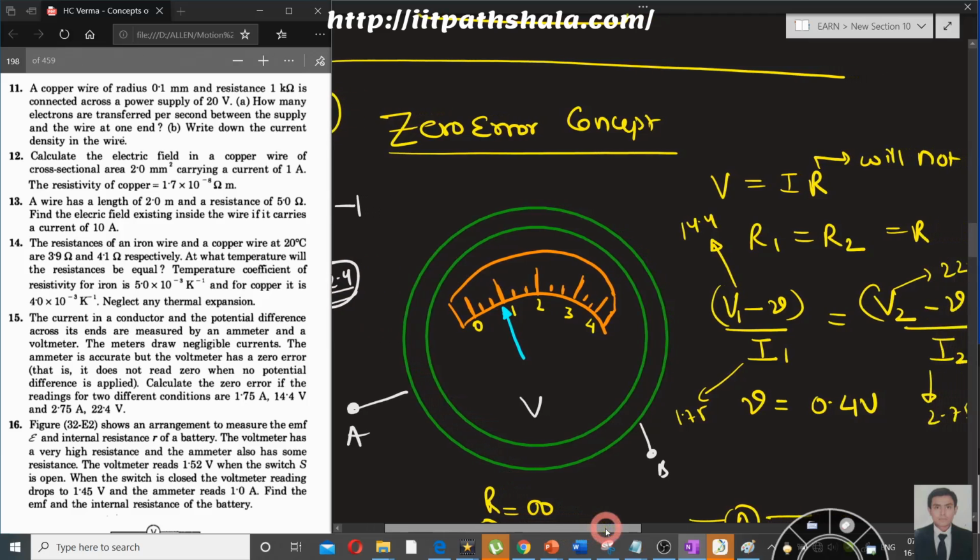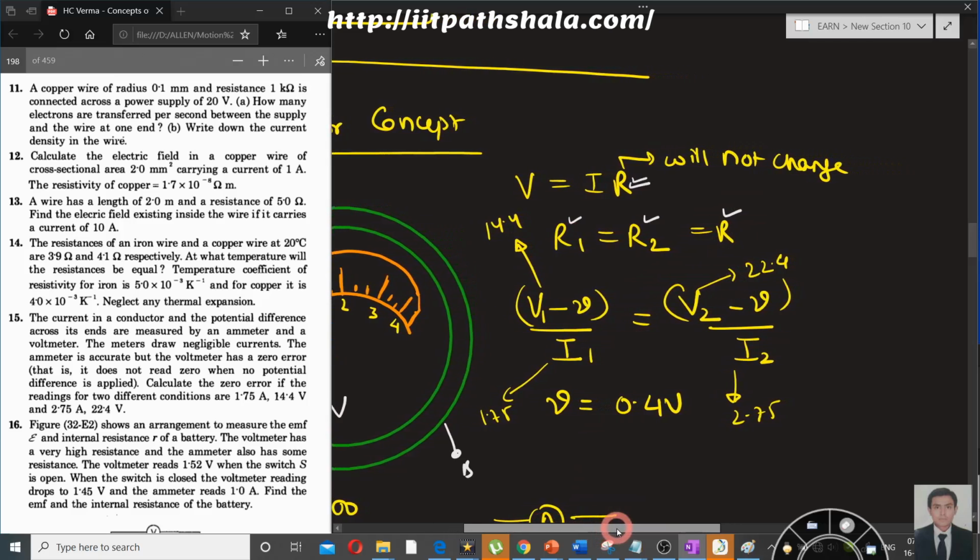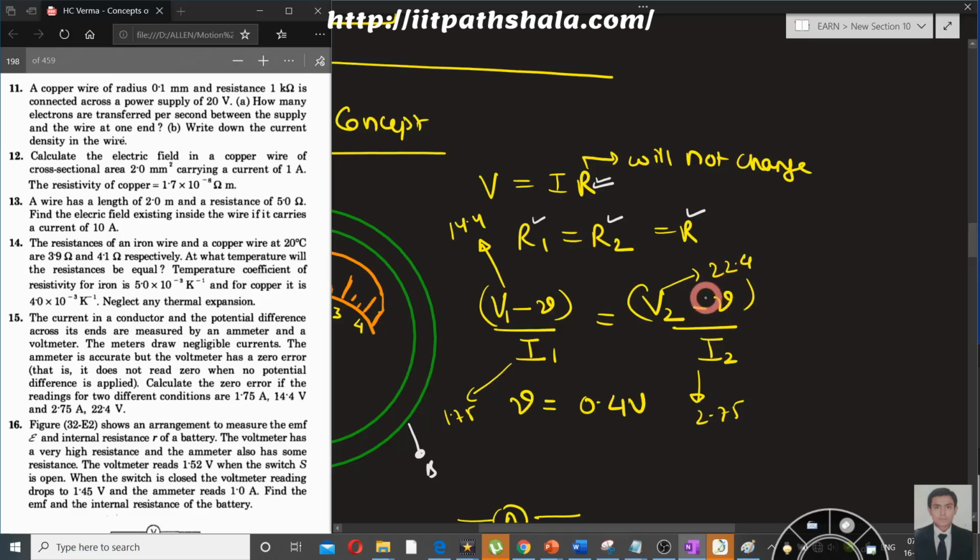Okay, so by the application of Ohm's law, if I have to calculate for R, we know that V equals IR, and the same R will not change for both of the readings. R1 will be equal to R2, equal to a certain R over here. Now, as I know that in both of the readings there is something fishy going on, from both readings of the voltmeter I will be subtracting this small v, which I call the error.